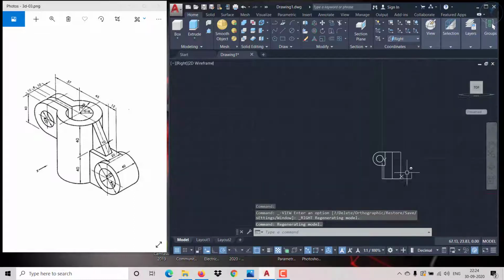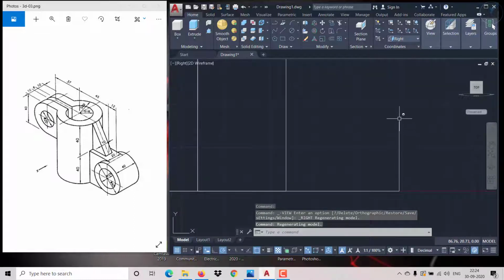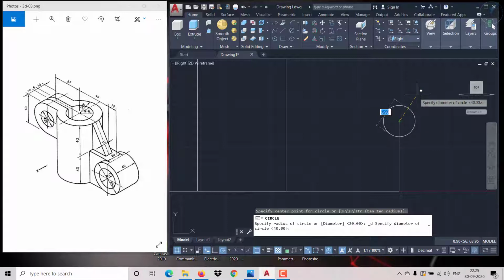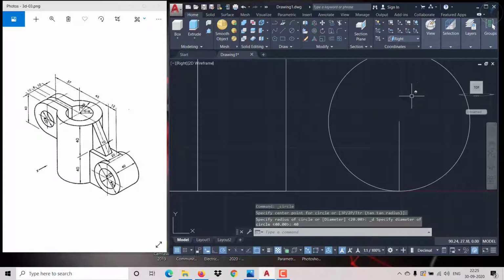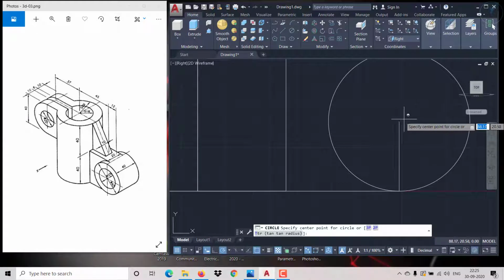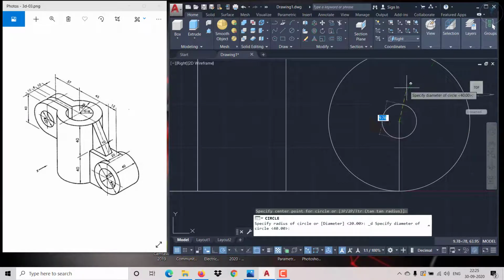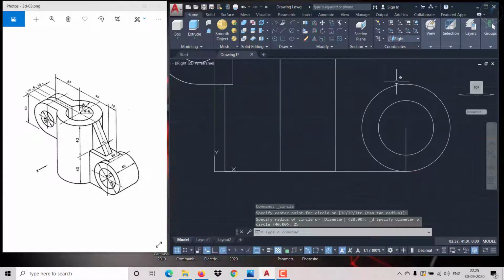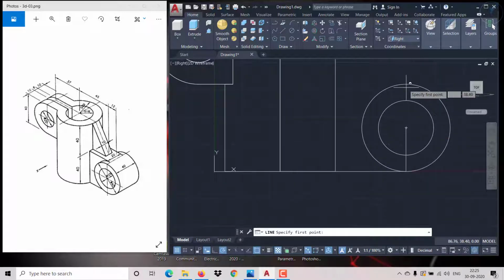So now click on this center point, make two circles, or make one, we can make both together itself. One is having diameter 40, so click once again on the same center, another one is having diameter 25 created. So now exactly on the top we need to join by using a line. It comes up to the center, you can come over here, so it will snap and then join it